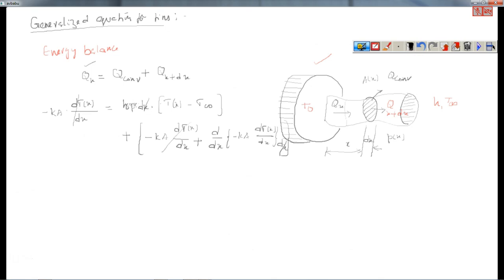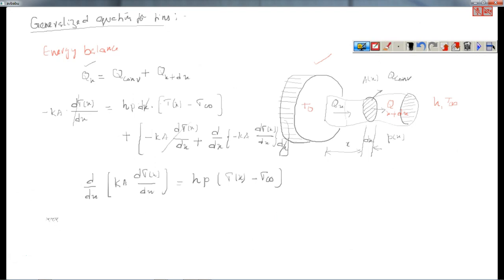When both get cancelled, the equation is going to be d by dx of Ka dT(x) by dx is equal to hp. If the minus is there, it comes to the left-hand side as positive, therefore d by dx is equal to hp times T(x) minus T infinity. Now here,